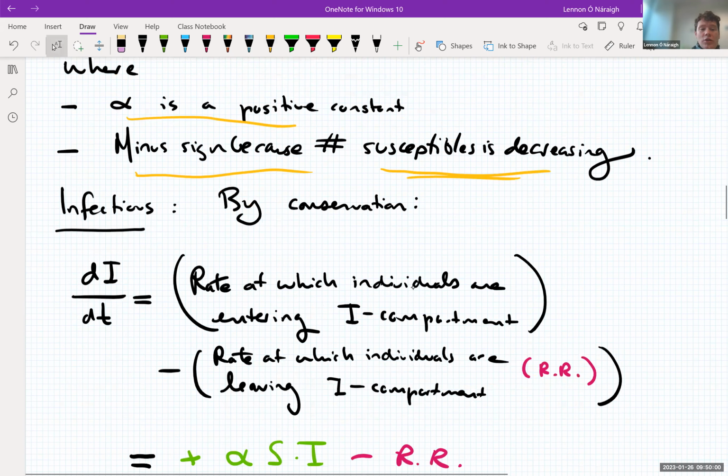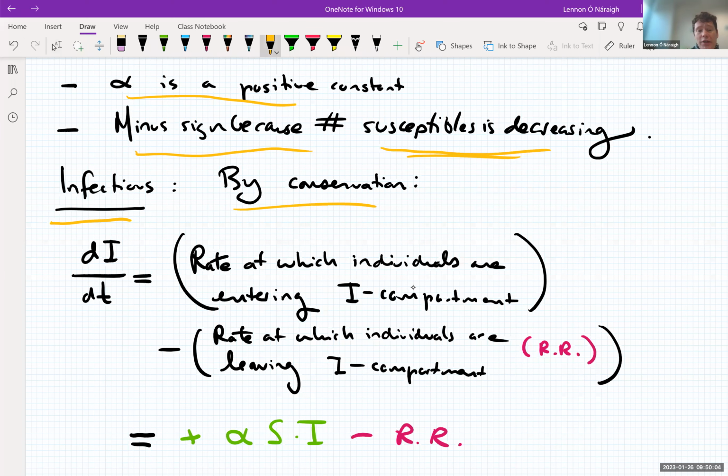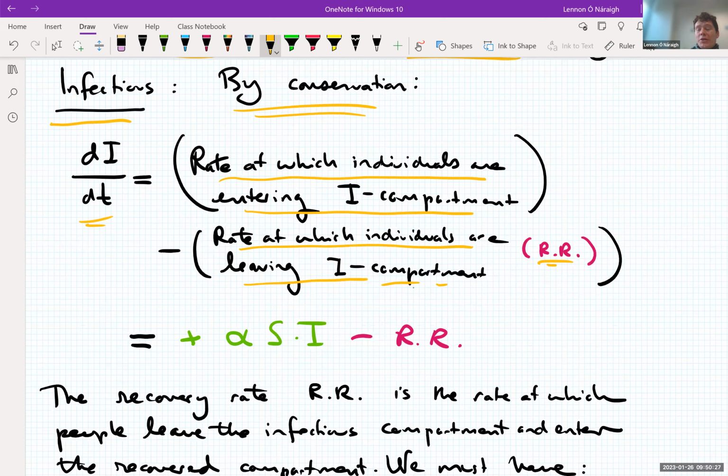Okay, so we move on to look at the infectious compartment. And again, it's a conservation principle. So dI by dt, this is the rate at which the population of the I compartment is changing. This will be in minus out, people coming in minus people leaving. So it's the rate at which individuals are entering the I compartment minus the rate at which individuals are leaving the I compartment. And I call this RR for recovery rate, because this is how people leave the infectious compartment,